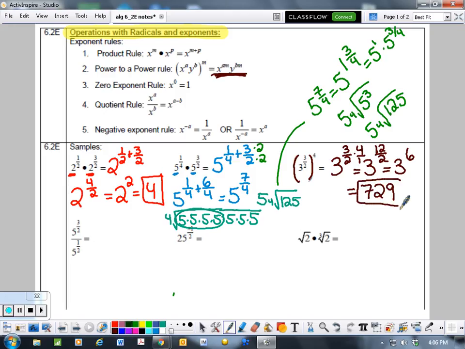So totally simplified by using our operations. And that's why we like being able to do this, because we can simplify stuff to be able to work with this. So our next one is